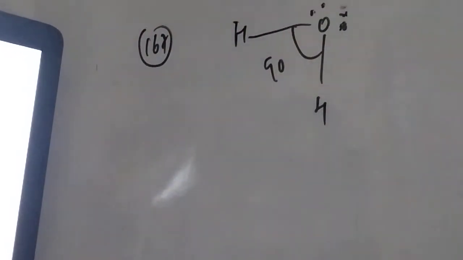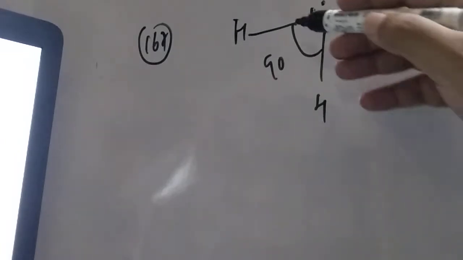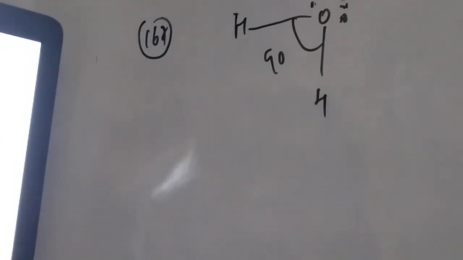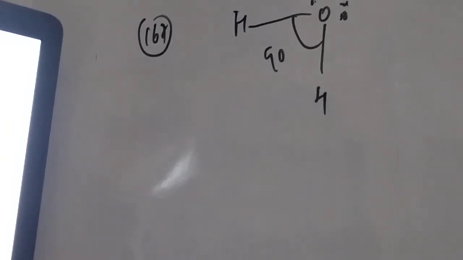They did not say anything, student. Okay, so they said that the bond angle will be 90 degrees according to valence bond theory. But according to VSEPR theory, the bond angle is 104 degrees 28 minutes. Now let us move on, student. The required option is option number 1.